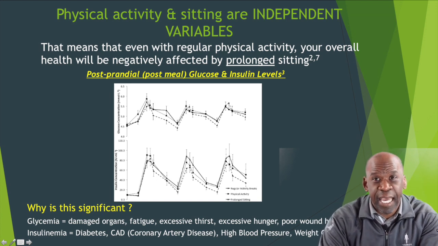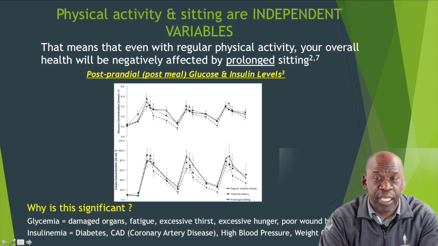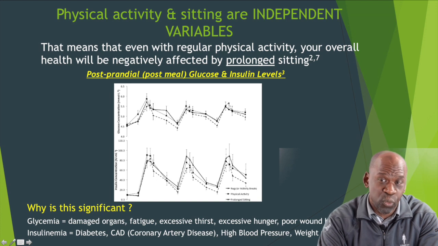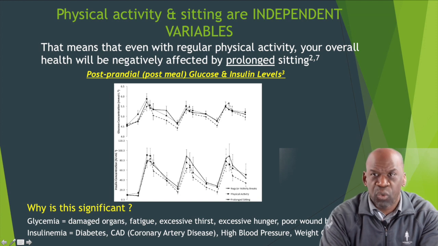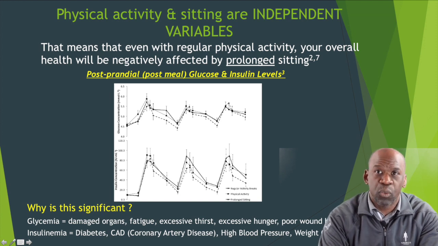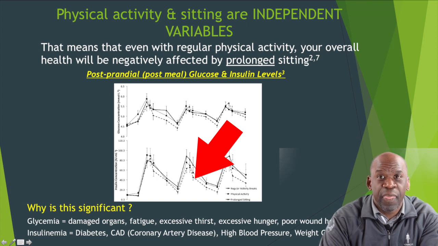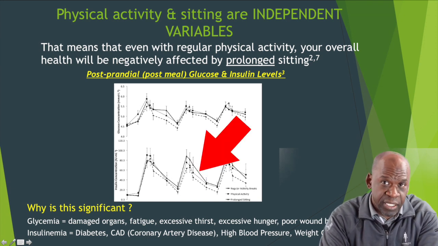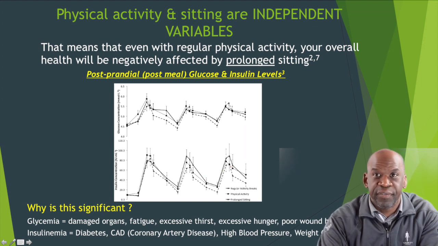Somebody who is intermittently active, but who does not do extended workouts on a daily basis will have a lower blood glucose at any time point throughout the day than will somebody who is regularly active but who performs that activity in concentrated bouts or regular 1 hour or 2 hour workouts on a daily basis. At any time point throughout the day, the person who is intermittently active will have a lower insulin level than will the person who is sedentary or the person who is regularly active but performs their activity on a regular basis during 1 to 2 hour workouts.